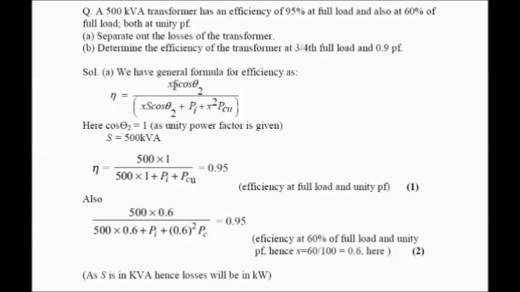Substituting these values in this formula, we have x equals 0.6, S equals 500, cos theta 2 is 1. So we have 500 into 0.6, divided by 500 into 0.6 plus Pi plus 0.6 square multiplied by PCU, which is the copper loss,